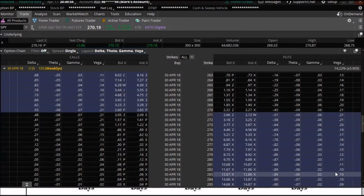So here is SPY. I'm looking at options 2 weeks out. And if we just pick a strike price, the 275 strike price that's out of the money right now, you can see that the theta is 21 cents and the delta is 0.05. What delta is telling you is how much your option will increase in value for every 1 point SPY goes up. So if you're already up on your position